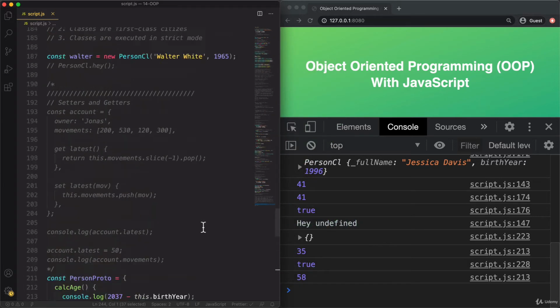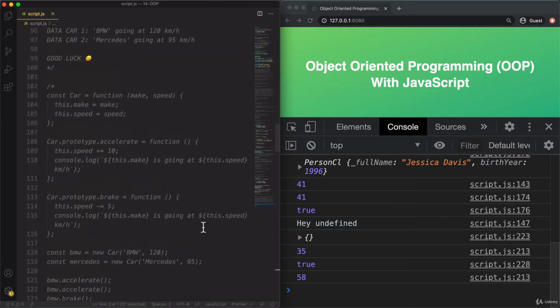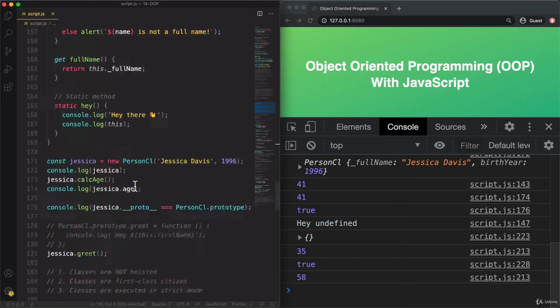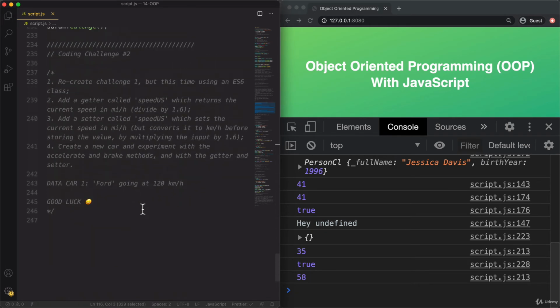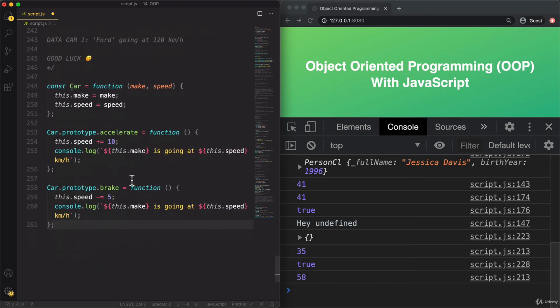Okay, so hopefully you did that without any problems, and you don't even need my solution. But of course, as always, I will still show it to you. And what I'm going to do is to simply copy the code that we wrote earlier, and I will then convert it to a class, because that's actually not that hard.